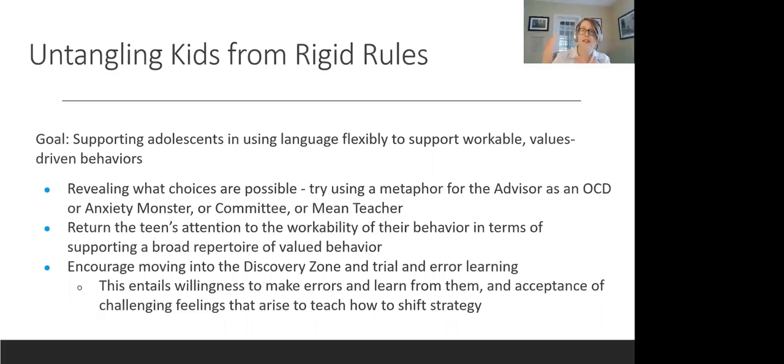And that's something that we see in CBT approaches to ERP too. If we go back to the Franklin, Freeman, and March book, the March and Mull original book for kids and teens, and this is something that's very useful for adults too, okay? We'll return the individual's attention to the workability of their behavior, right? How comfortable are you in your comfort zone when you're avoiding? Is that workable?